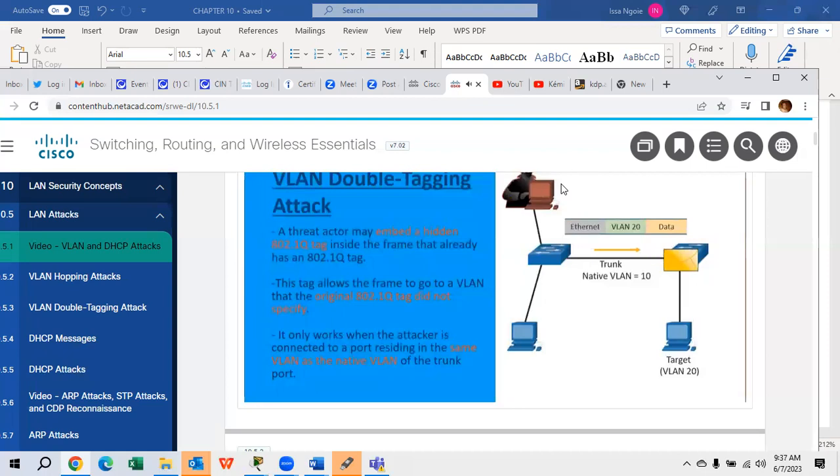This second switch is going to receive that frame. It's going to strip off that VLAN 20 header, and then it's going to forward it out any VLAN 20 ports, which includes down to that targeted host. This is effectively allowing our threat actor machine on VLAN 10 to communicate to the target on VLAN 20 using